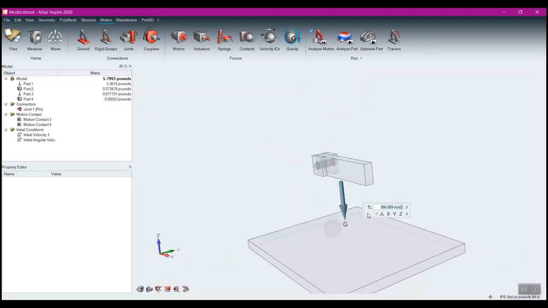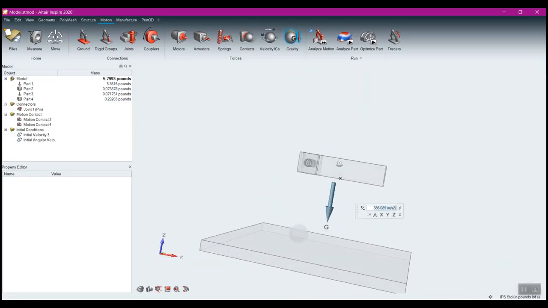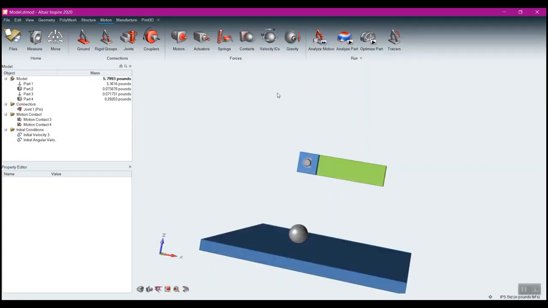So we talked a little bit about gravity earlier, but there's gravity right there. I can affect the direction that I want gravity to go in. If I were to say change gravity to that direction, and then right click from this and run this, you see the ball would now completely fall off the table, and the only reason the arm is spinning is because of that initial condition. It wouldn't want to. So I can mess with gravity in whatever way that I want,